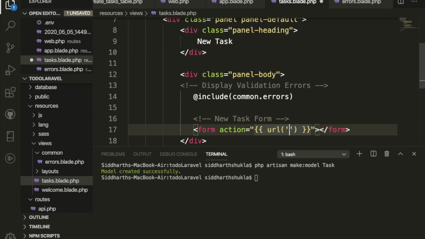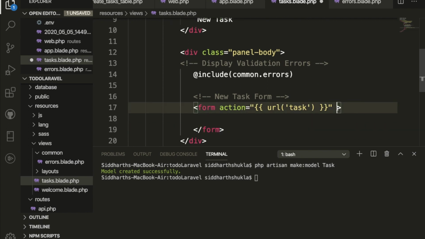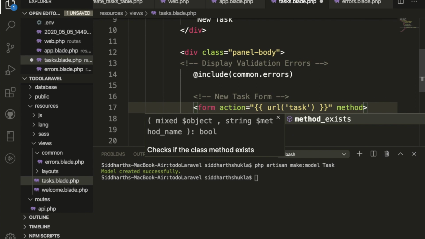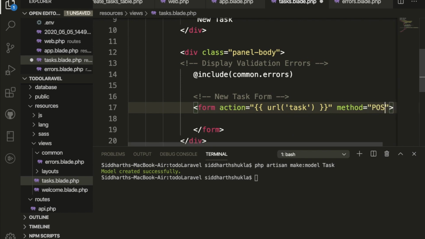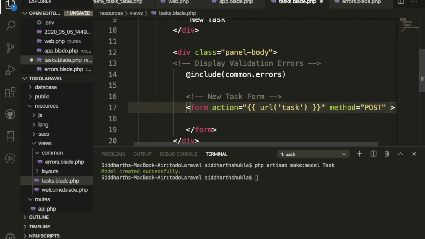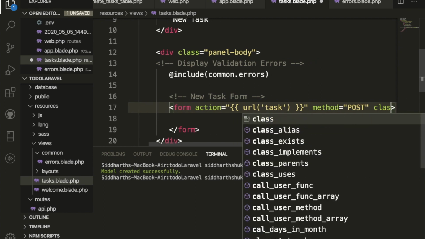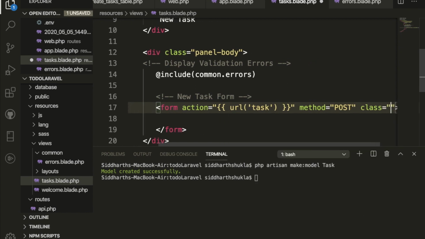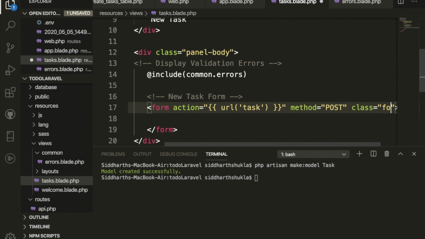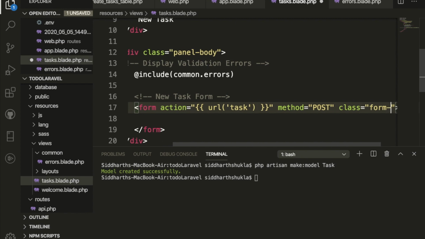Inside of the URL I am going to create task, inside of this URL I am going to create store, and here we need to use method equal to post. Here post, and because we are using bootstrap, I am going to use a bootstrap class,